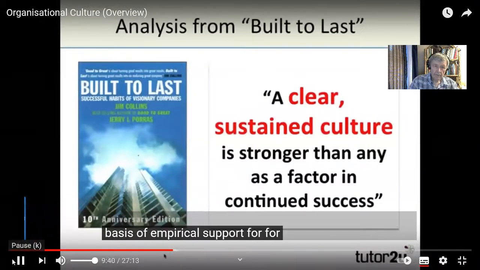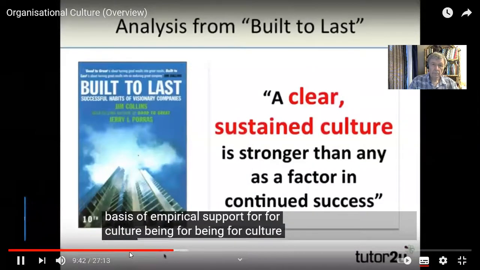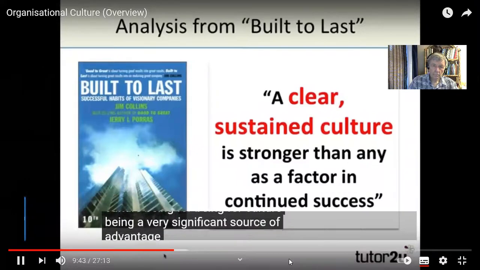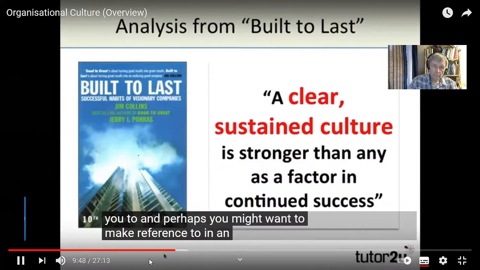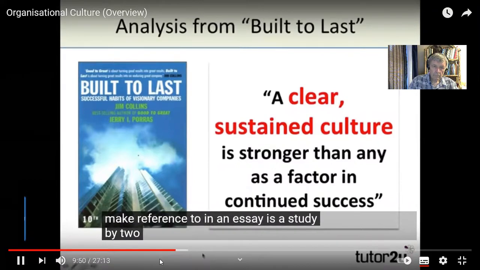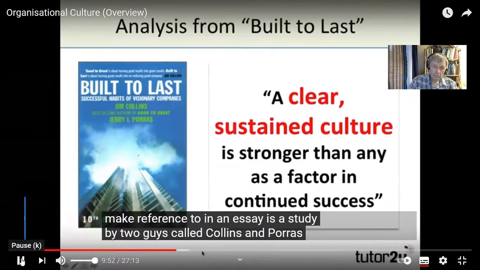Support for culture being a very significant source of advantage. And the one I want to refer you to, and perhaps you might want to make reference to in an essay, is a study by two guys called Collins and Porras. Now,